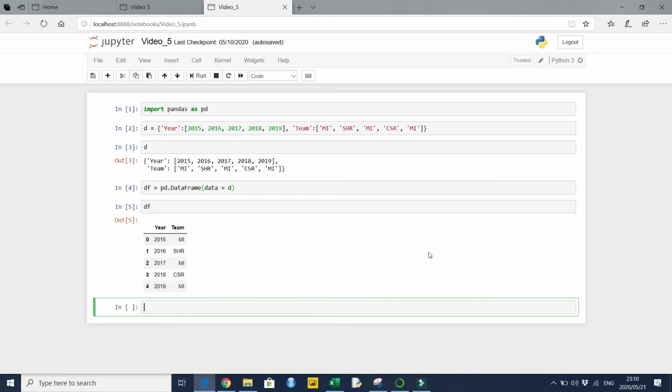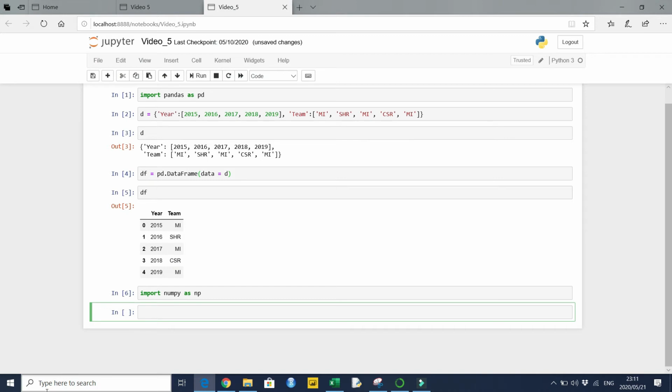Now let's create a data frame from a Numpy array. In order to use Numpy, we've got to import it. So I'm going to import numpy as np, and then I run this. It's run successfully, and now this is how I create my data frame. I'm going to call it df1, and this is how I create it from Numpy. It's the same function, DataFrame, open and close parentheses, and then inside the DataFrame function I call upon the numpy array, np.array,